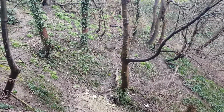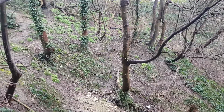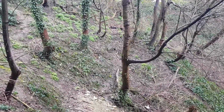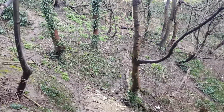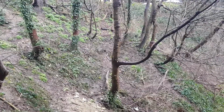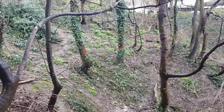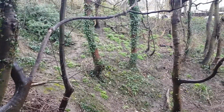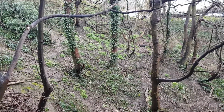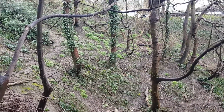Something slightly different. I'm in a former sand and chalk quarry. I think it was mainly for the chalk, but on top there is some sand. The working is probably Victorian, and there's a lot of fox activity, and there's been decades and decades of